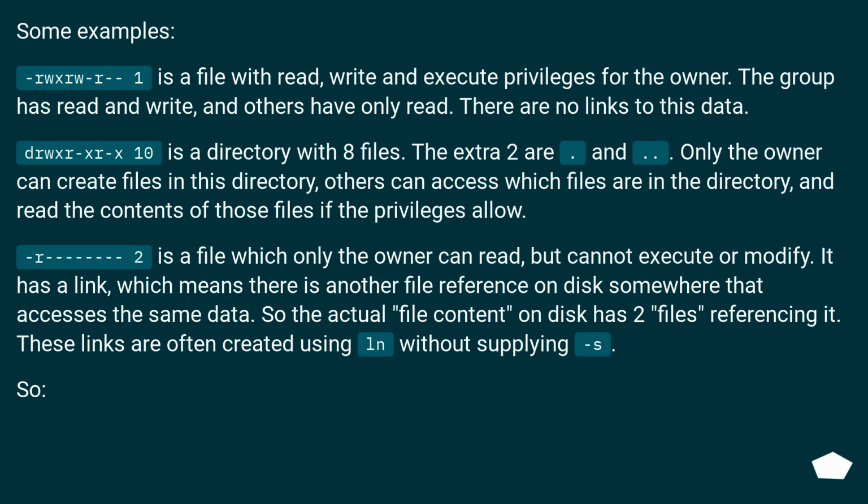-r-------- 2 is a file which only the owner can read, but cannot execute or modify. It has a link, which means there is another file reference on disk somewhere that accesses the same data. So the actual file content on disk has 2 files referencing it. These links are often created using ln without supplying -s. So,